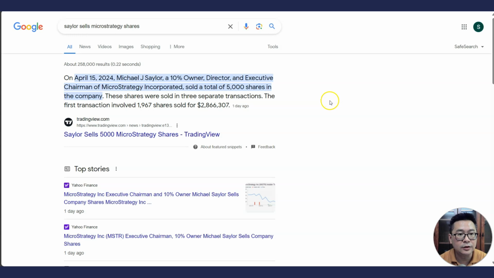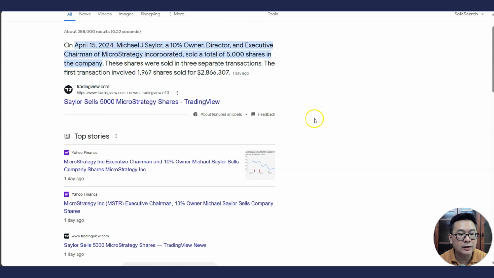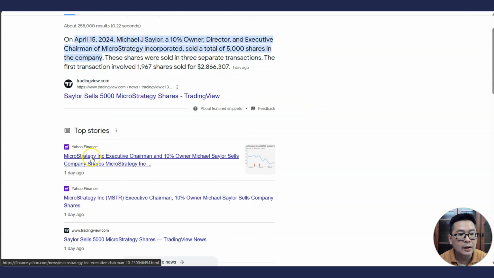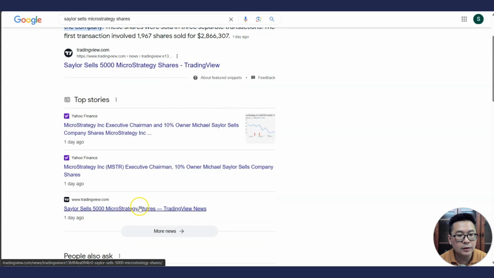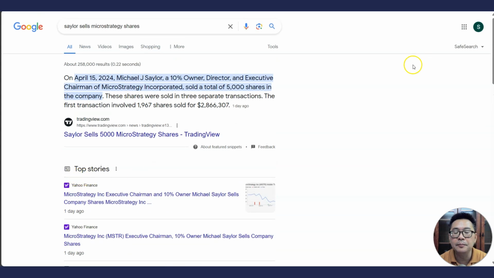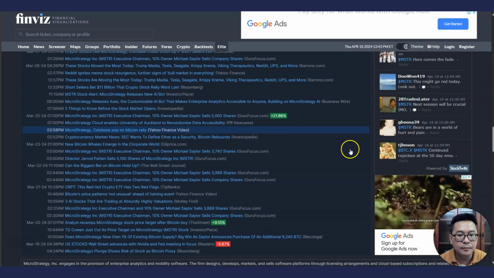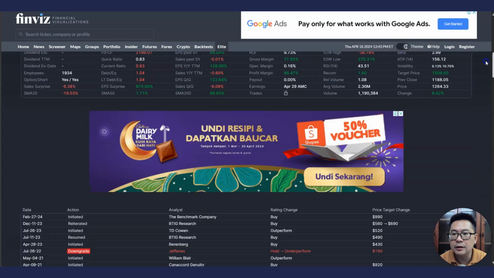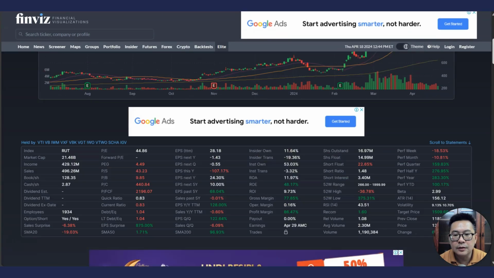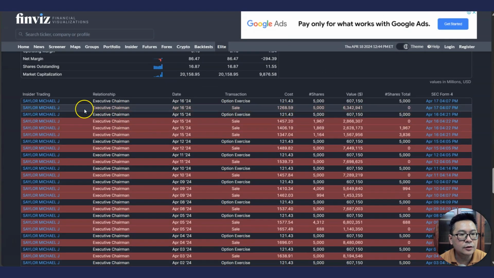So one thing I'd like to address is that the owner, director, and executive chairman of MicroStrategy has been selling a lot of shares of MicroStrategy. You can see the stories where MicroStrategy Inc. chairman and 10% owner Michael Saylor sells company shares. You can have a lot of this news, and from here, if you go to Finviz, you key in the ticker symbol and you go down all the way, you can see insider trading here. Saylor Michael J, executive chairman, with dates and option exercises and sales. A sale of shares,